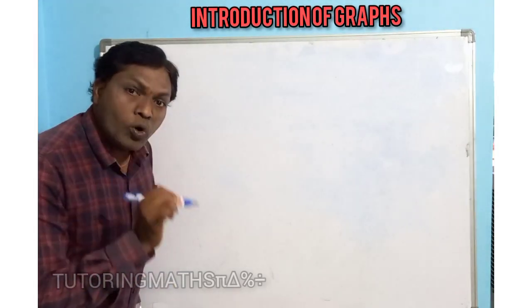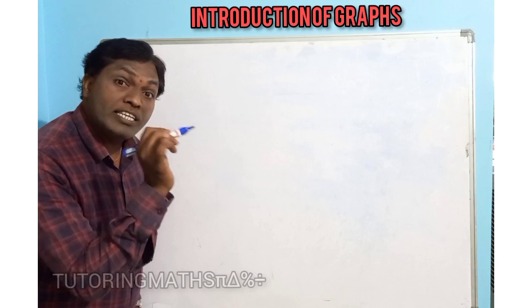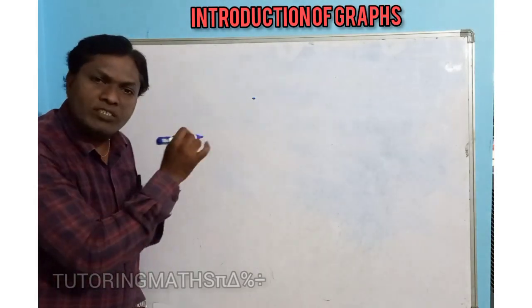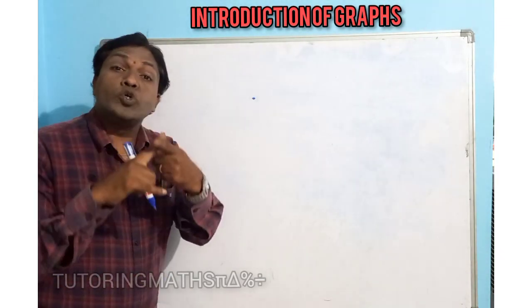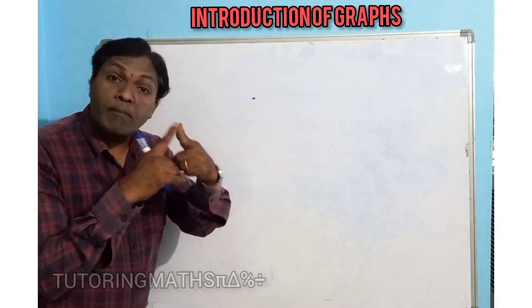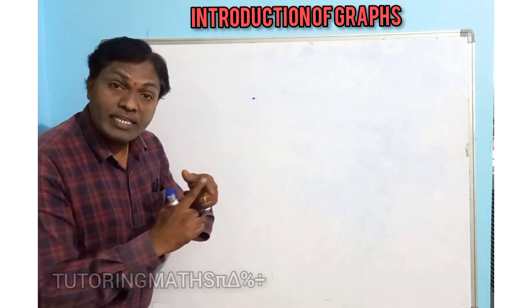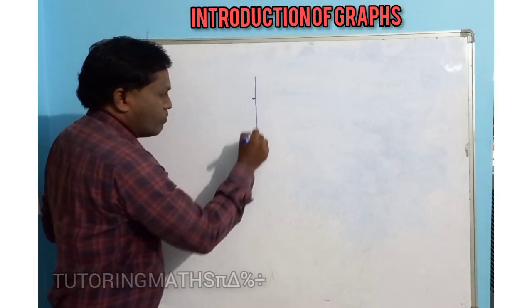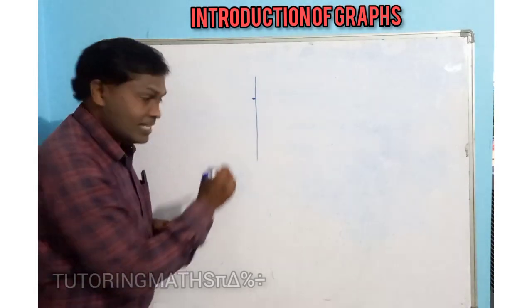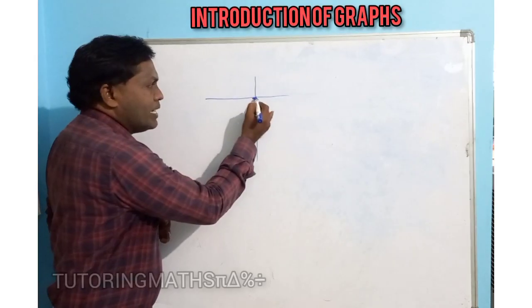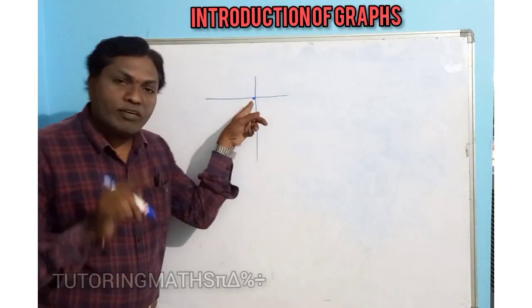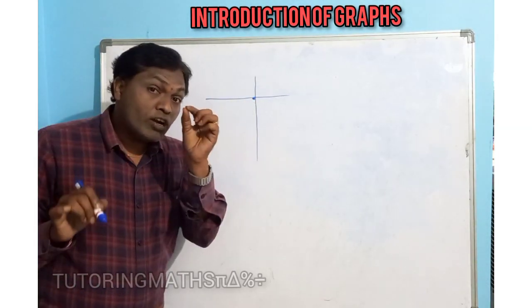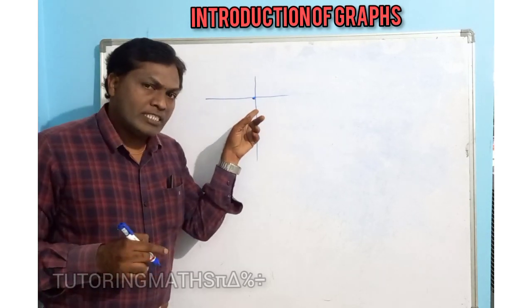For example, do you know how a point is formed? So this is a point. How is the point going to be formed? With the help of two lines. Two perpendicular lines meet at one point, and that point is called a plotted point. Here, this is a vertical line and this is a horizontal line. They meet at one point, and this is called a point, also known as the intersecting point.